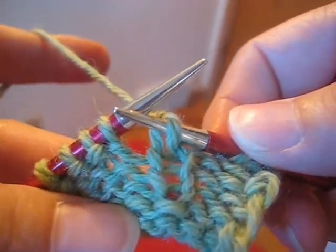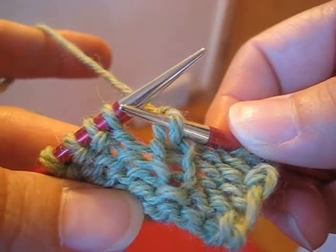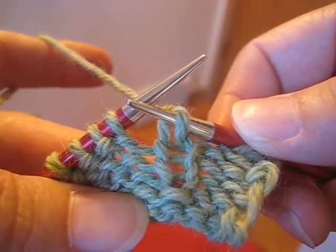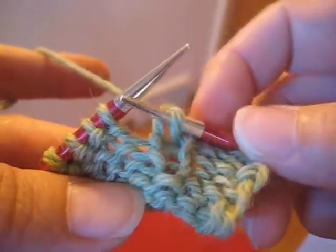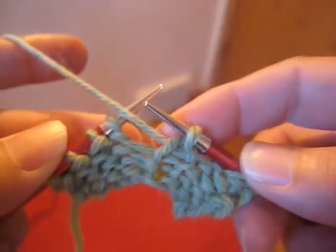So this is, if you hold your yarn in a particular position for purls, and you have to retension your hand to do the knits for some reason, and so you just want to knit a single stitch like that. But I'll show you again. So the yarn is in front,